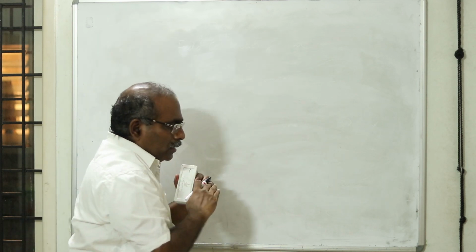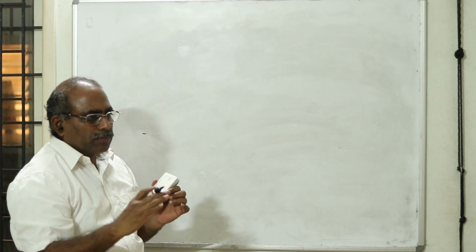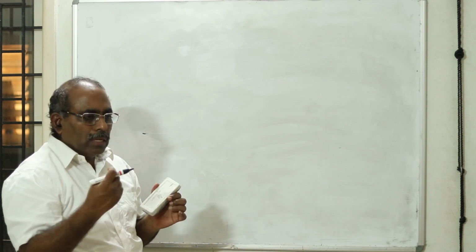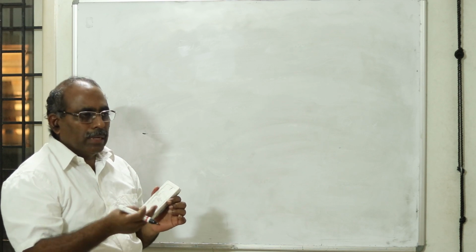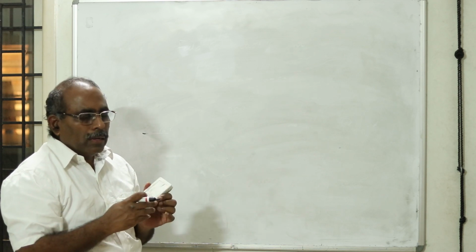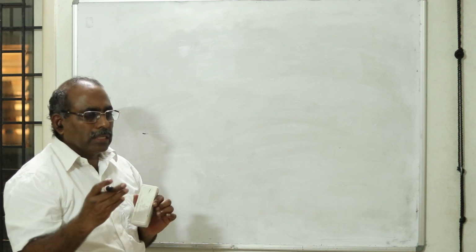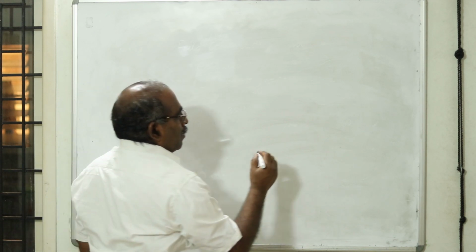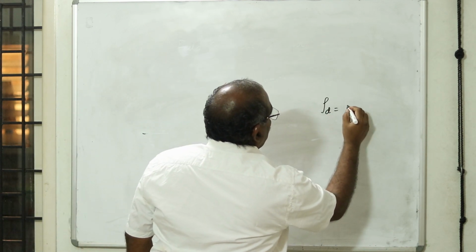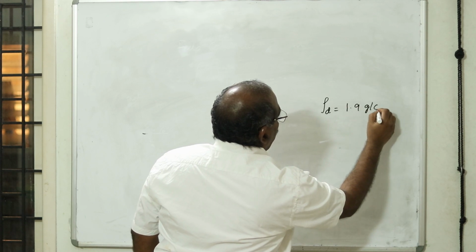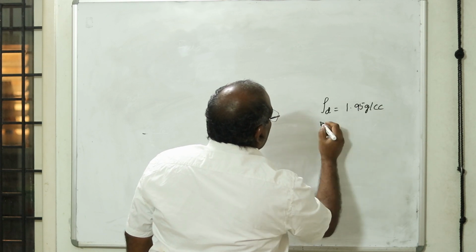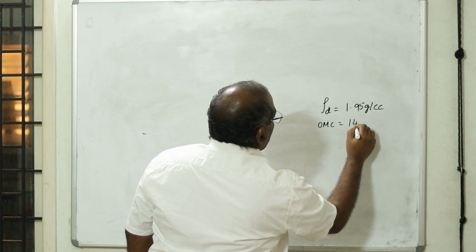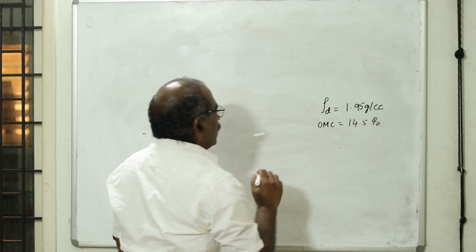Now let us say the contractor is doing 8 number of rolls, as per the contractual agreement. After he compacts one lift thickness, there will be a representative from the client side. There will be an engineer, for example, you are working for the client side. As the engineer, it is your role to check whether the required density is achieved. There will be a specification. Now my density to be achieved should be say 1.9 gram per cc or 1.95 gram per cc, the maximum dry density, and OMC should be around say 14.5%. This is only an arbitrary value.